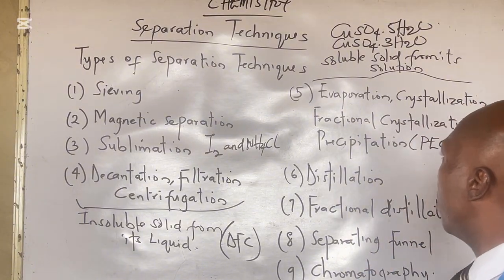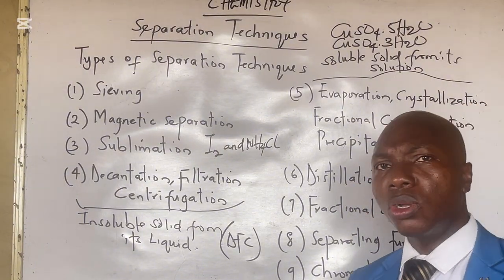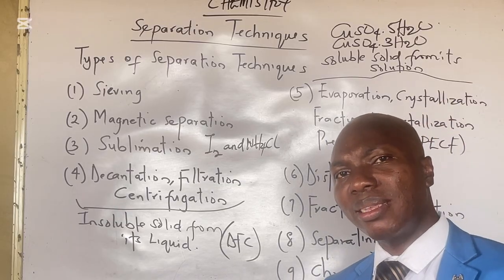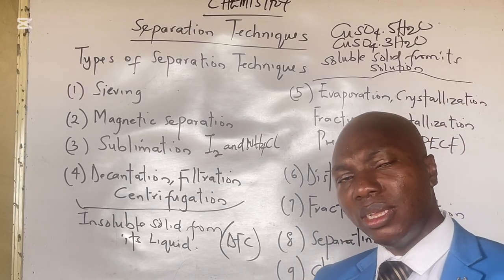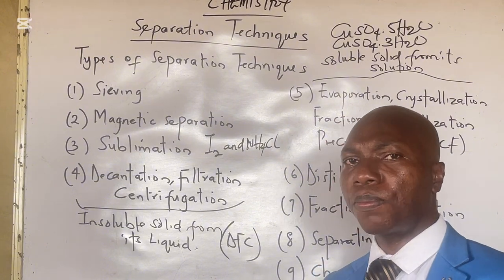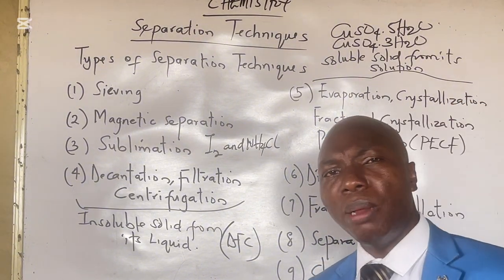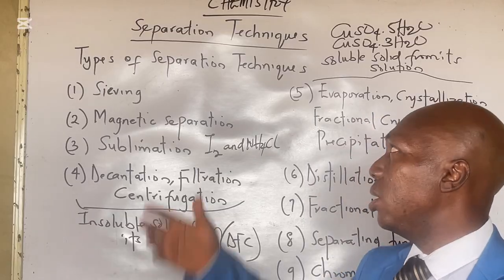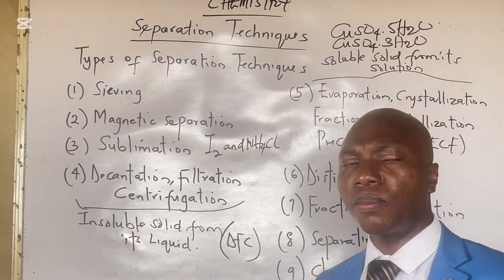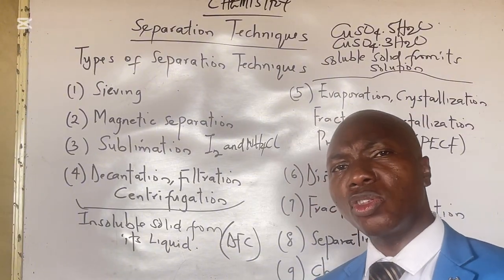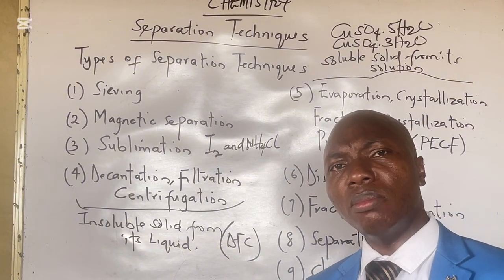Another one is precipitation. When they say precipitates, it means it becomes deposited. How can we separate using precipitation? How can you use precipitation in our separation techniques? For instance, you want to separate iron sulfate